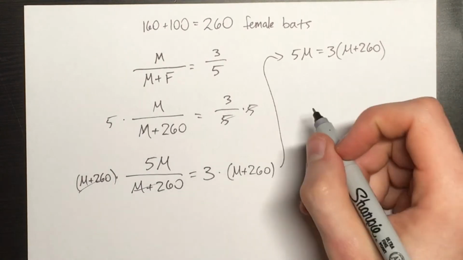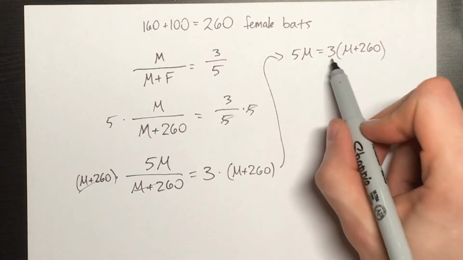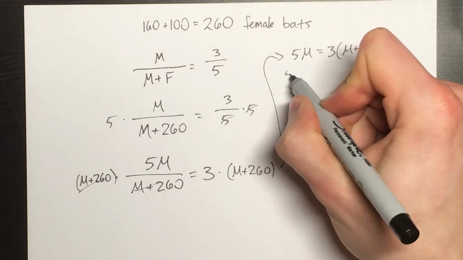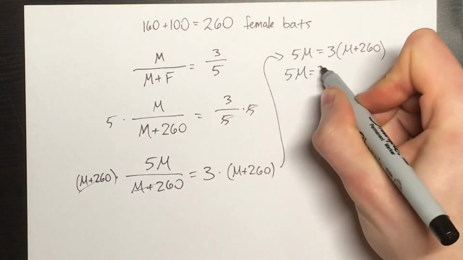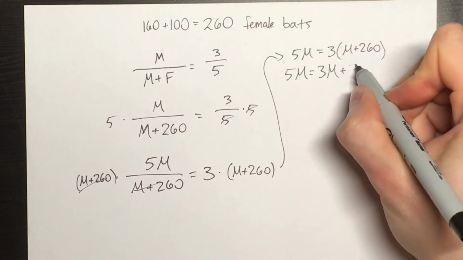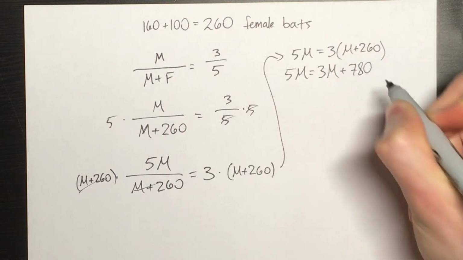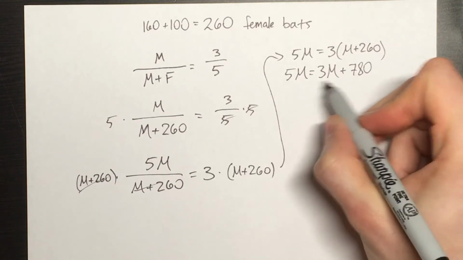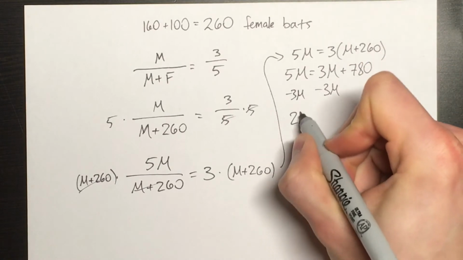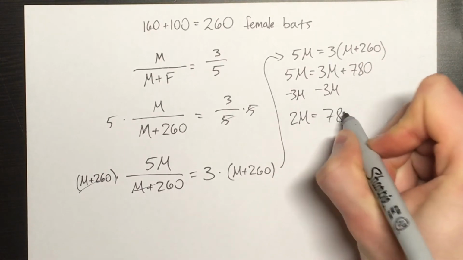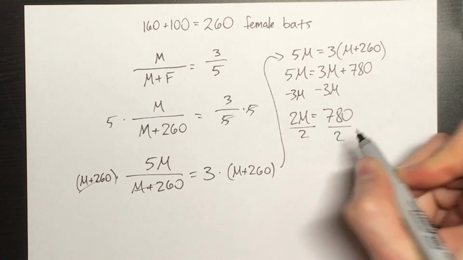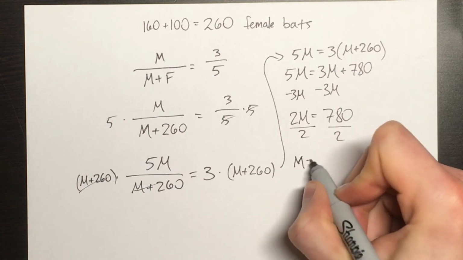So from here, let's go ahead and distribute this 3 just so we can kind of start moving stuff around. So 5m is equal to 3m plus, what is that, 780. And from here, we want to get m on one side, right? So minus 3m, minus 3m. So we have 2m is equal to 780. And finally, to solve for m, divide by 2 on both sides. So m is equal to